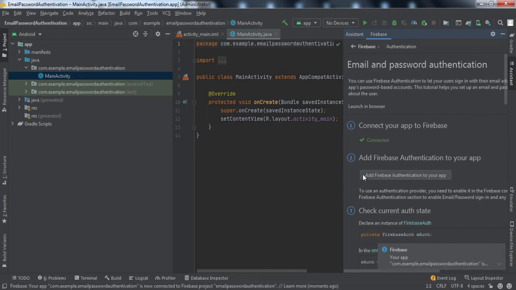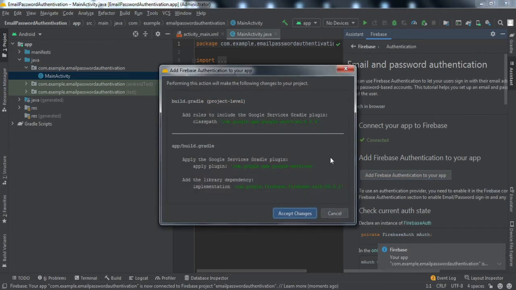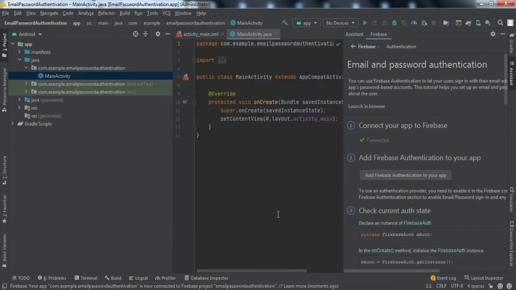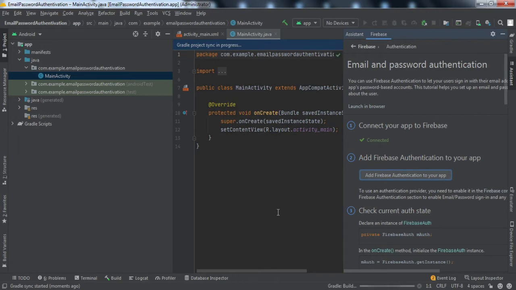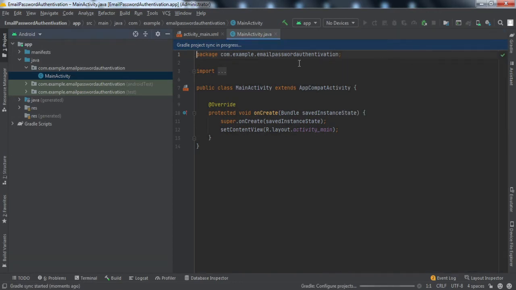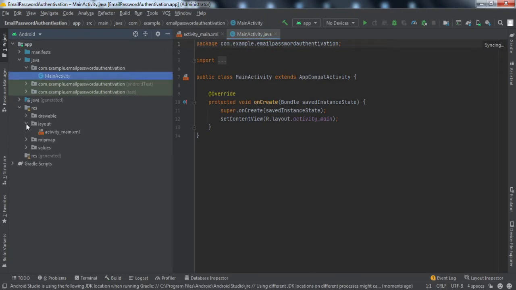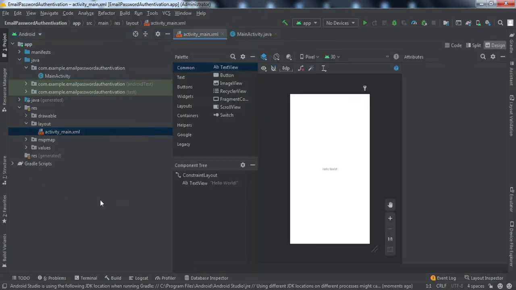Now we'll simply click on add Firebase authentication to your app, accept changes. Now the project is syncing. Once the sync is completed, all the required libraries and whatever changes are required in build Gradle will be done automatically. Okay, now the sync is completed.